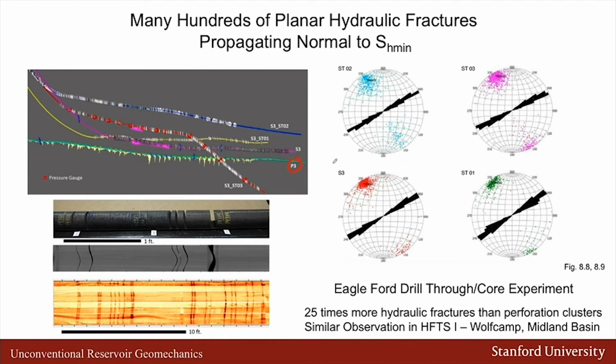So below here you can see core, a slab of core, and an FMI image that are showing multiple hydraulic fractures hundreds of feet away from the P3 well. There are far more hydraulic fractures. In fact, there are about 25 times more hydraulic fractures that are seen in the core and seen in these well logs